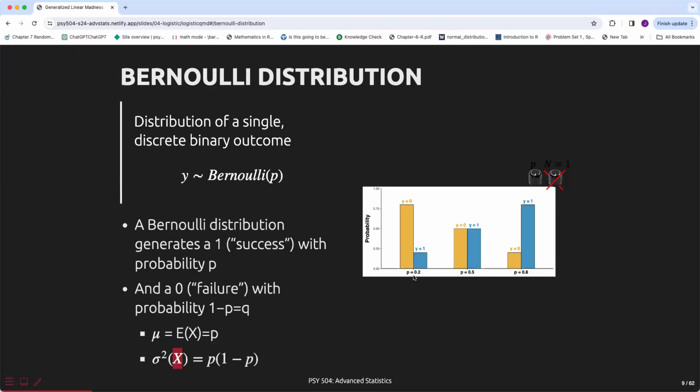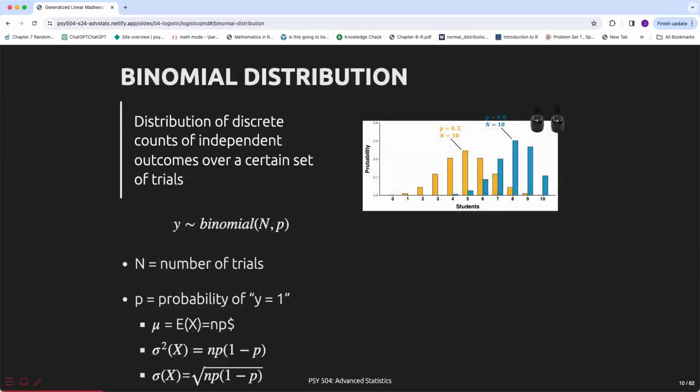If the probability is 0.2, that means the probability y equals 1 is 0.2, and the probability that y equals 0 is 0.8. If the probability is 0.5, the probability y equals 1 is 0.5, and the probability that y equals 0 is 0.5. And then if the probability is 0.8, the probability y equals 1 is 0.8, and the probability y equals 0 is 0.2. So this is a Bernoulli distribution, and closely related to the Bernoulli distribution is the binomial distribution, which